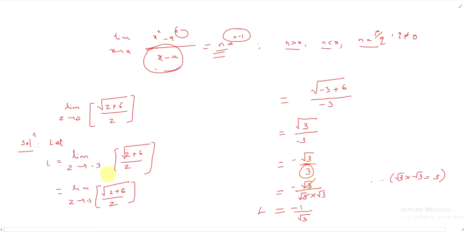So it is very easy to solve these examples by evaluating the limit. First we verify what our limit is, then we check the denominator, that is, after substitution of the limit, whether the denominator becomes 0 or not. If it does not become 0, then we can make a direct substitution of the limit like this. If the denominator becomes 0, then we have to think about it in another way. So this is the first example. Let us see the second one.